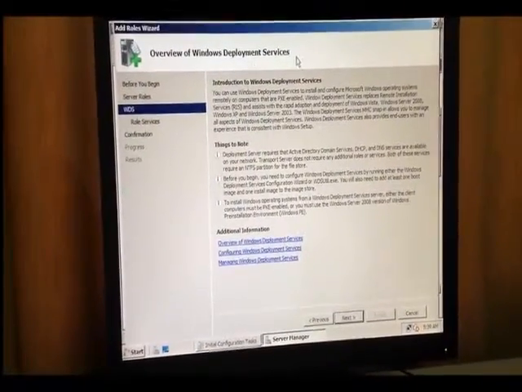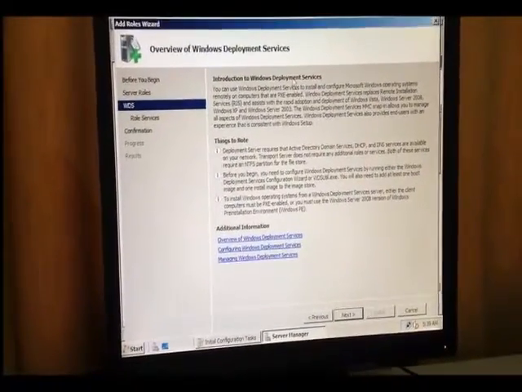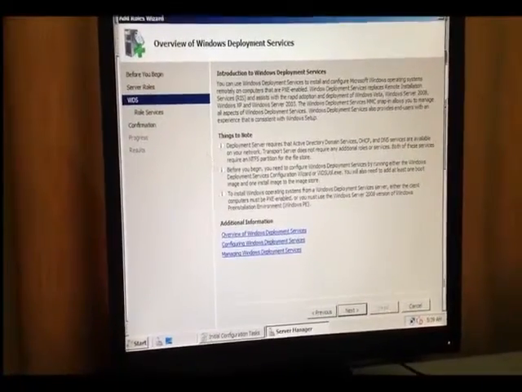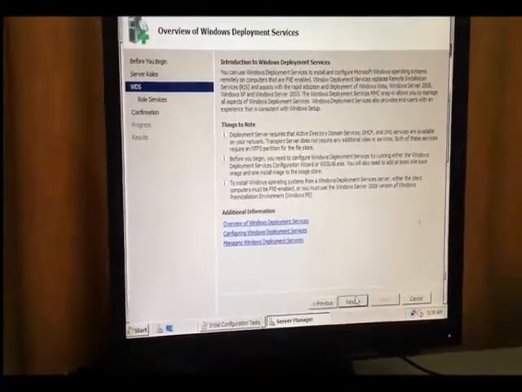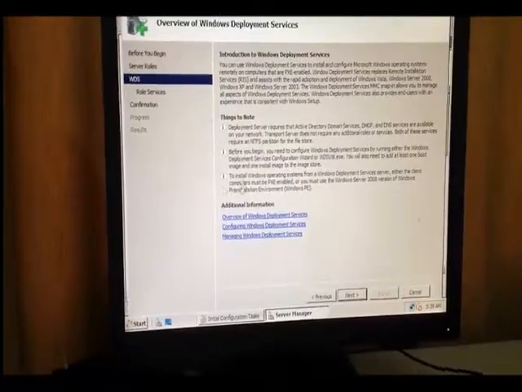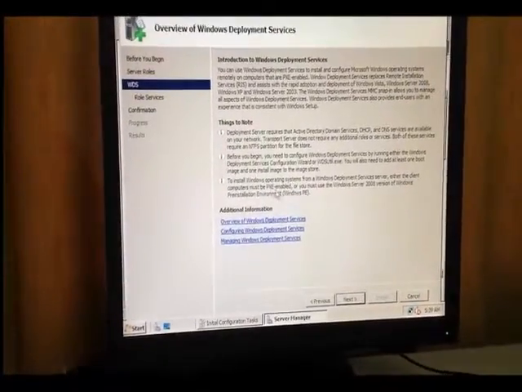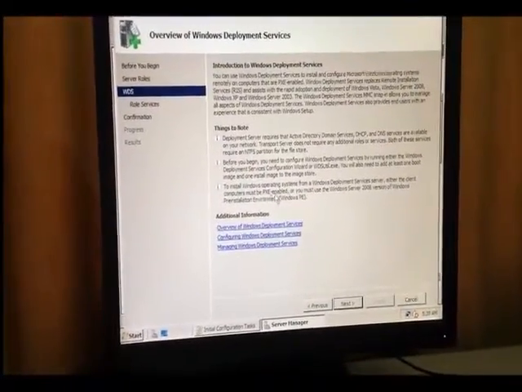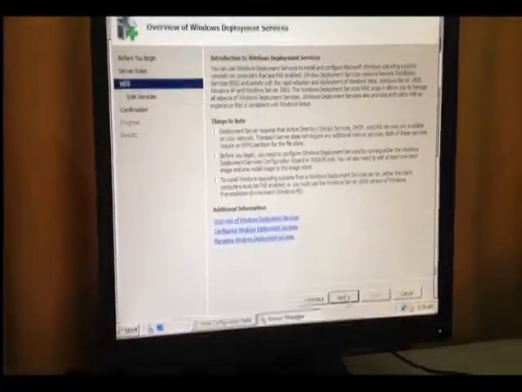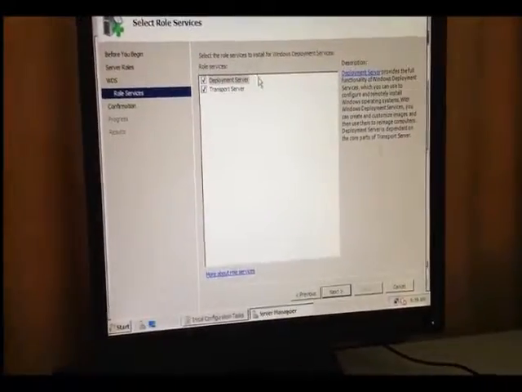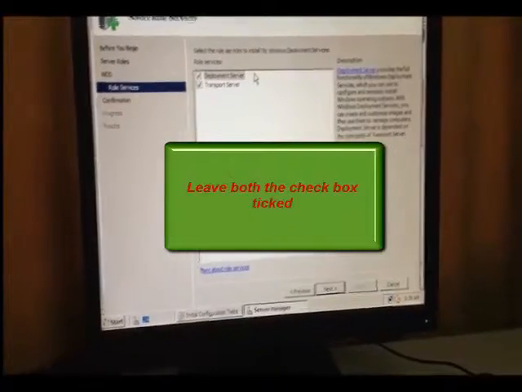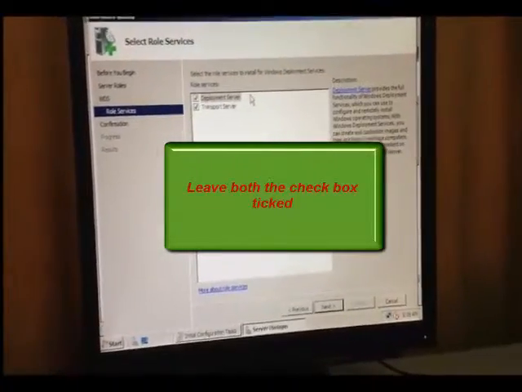Just an overview of Windows Deployment Services. What's the purpose of Windows Deployment Services? And for your client PC, it's telling you what you need to have. You should have PXE enabled. Once you move on, you come across